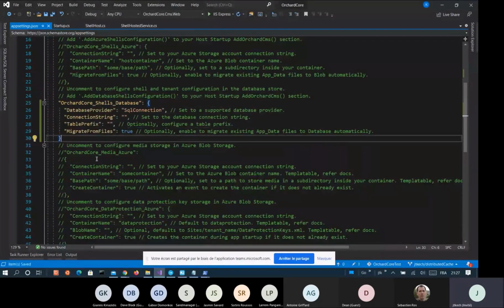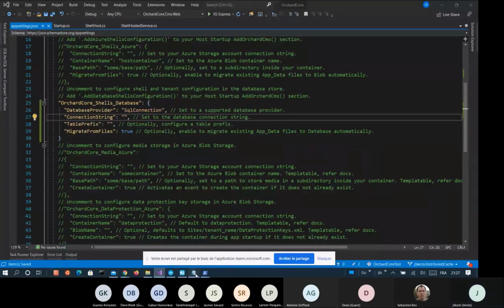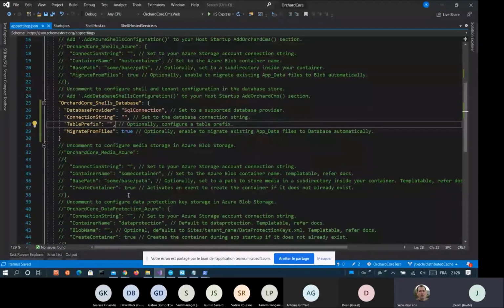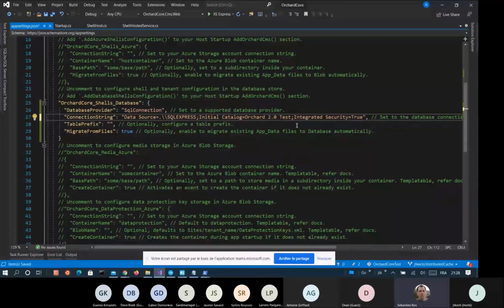Okay. And I need a connection string. I will just comment on the shell database because it might not be clear for everyone. By default, all the tenants, they are defined in a local file, right? And when you have 2 instances running, well, you need to move the tenants in a shared location. So in this case, we don't store on the file system, but with the feature you're enabling here, the shells database, it's saving the tenants in the database so that every instance will see the same thing, the same list of tenants.